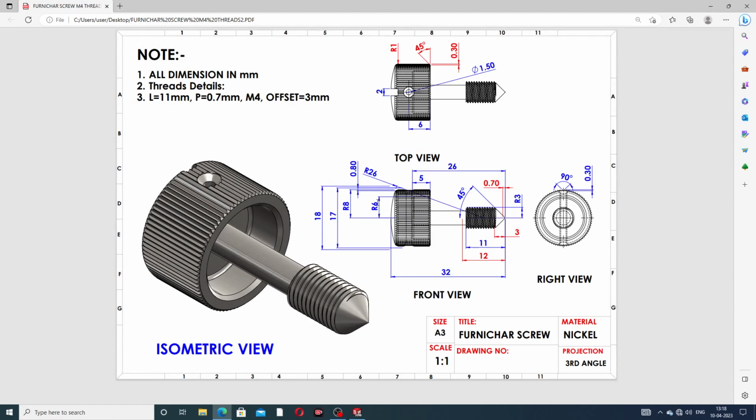Okay, this is 6 millimeter, and this is 8 millimeter. Okay, both are better, and this length is 6 millimeter, and this one is 8 millimeter, and this curve has a radius of 26 millimeter, and this is 5 millimeter. Okay,